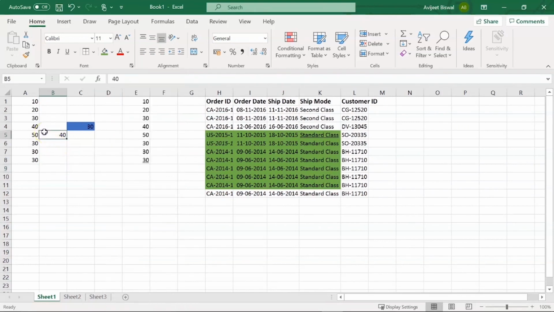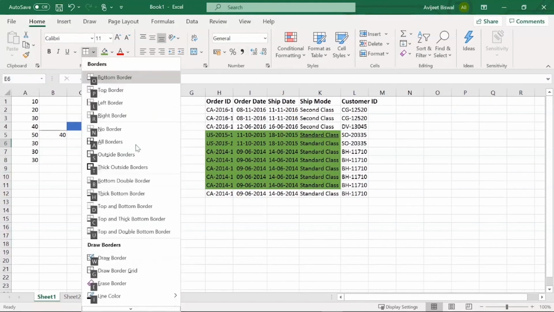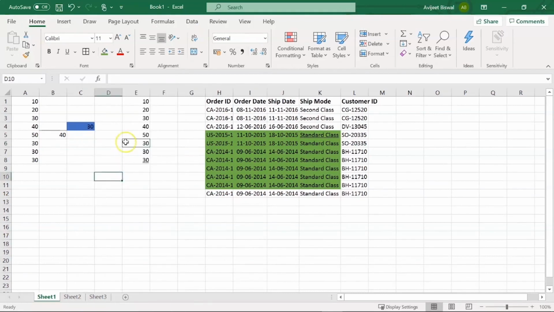You can see here it has put a top border to cell B5. And now let me choose cell E6 and again hit Alt HB, and this time let's say I'll select all borders. You can see the cell has all borders across it.